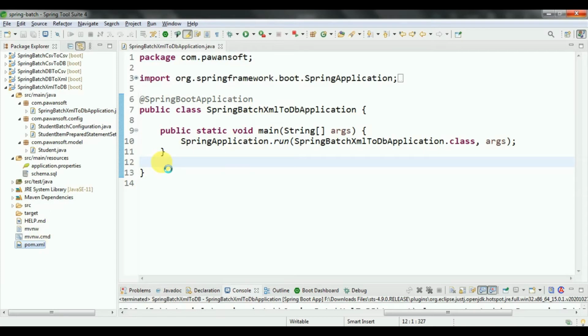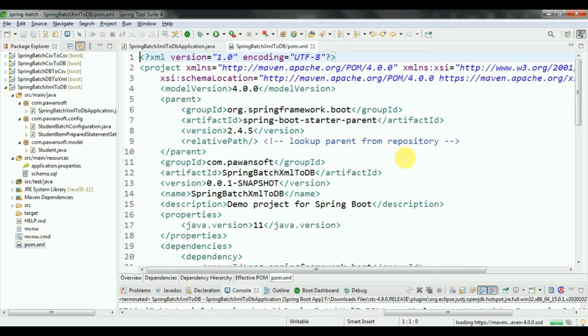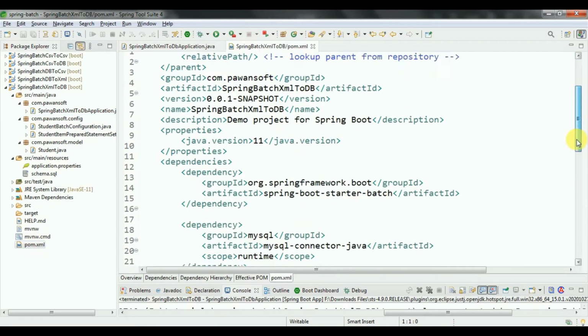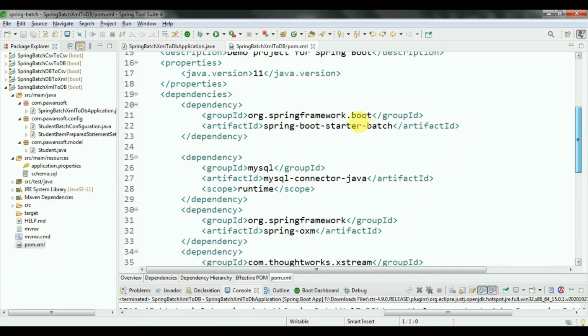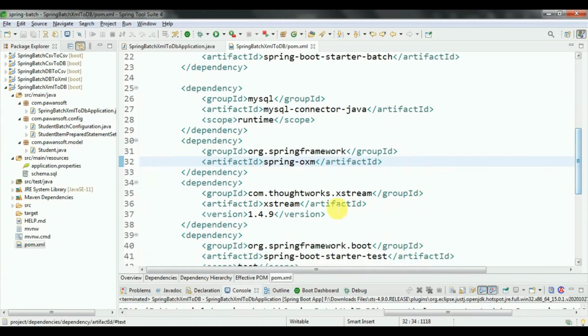In pom.xml you have to add the Spring Batch dependency, and to write the data into the database you have to define the MySQL dependency. I have added them: this is the Spring Batch dependency, this is the MySQL dependency, this is the Spring OXM, and this is the XStream.